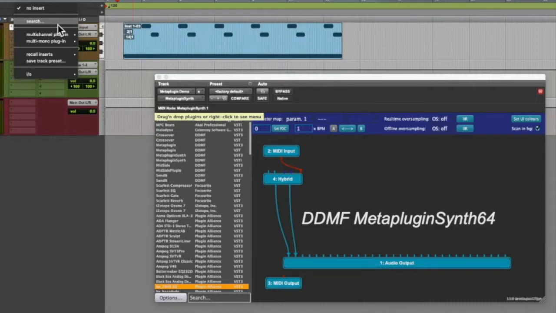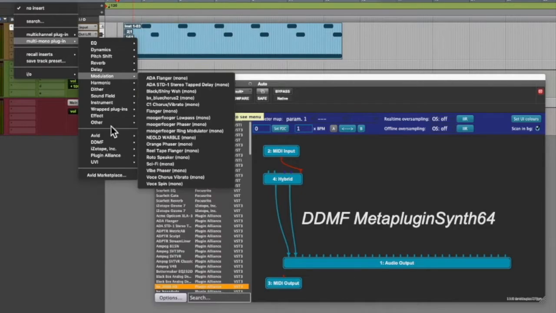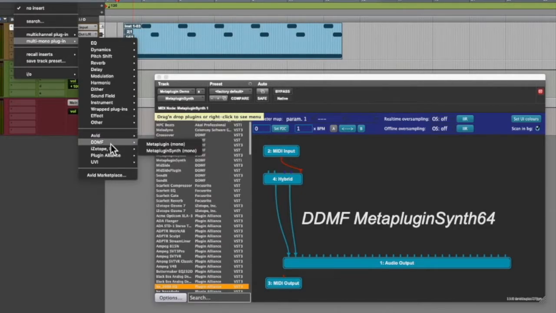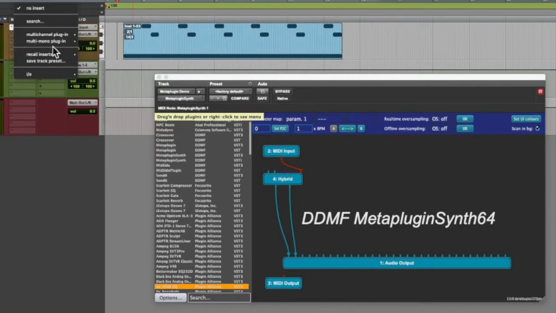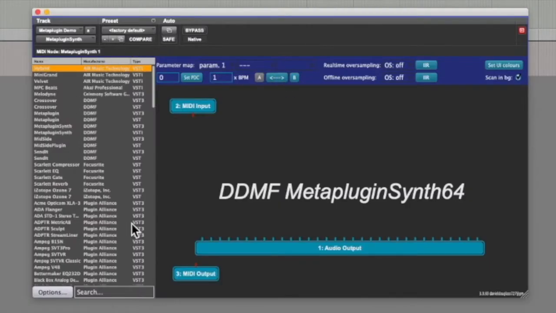So the plugin comes in either mono or stereo, and you can see here under the mono plugin choices under DDMF you have your Metaplugin mono and your Metaplugin synth mono. This is for effects and this is for your synth, and then of course you have your stereo choices as well. Here is the synthesizer version. It has the MIDI input, and here are all my